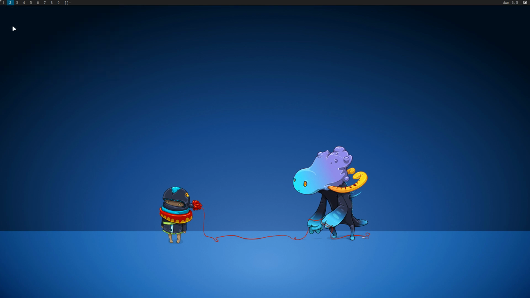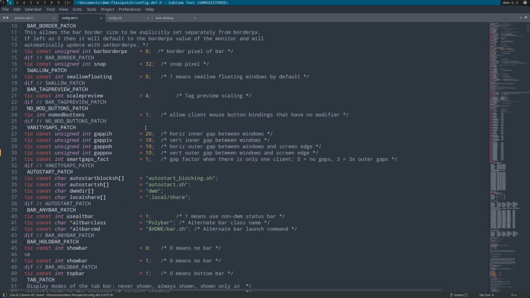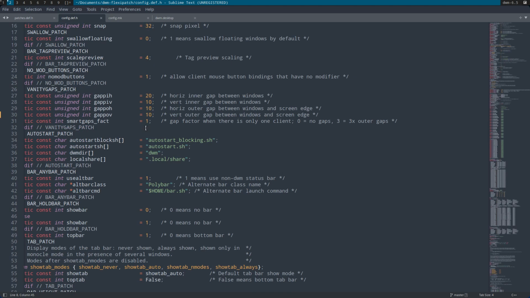Okay, Alt P, yes, Sublime Text, sure. So that's the 3. No, that's not the border pixel. Border pixel of windows. That's not 3, I would say, but okay. Maybe it's something else. Maybe it's this 3 that I wanted to do. Anyway, you need to go through all these variables and have a look. What did we select? We selected